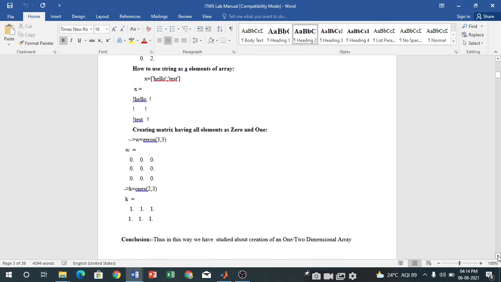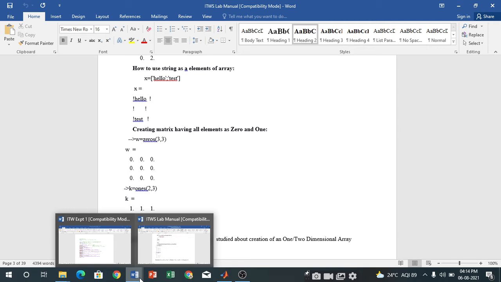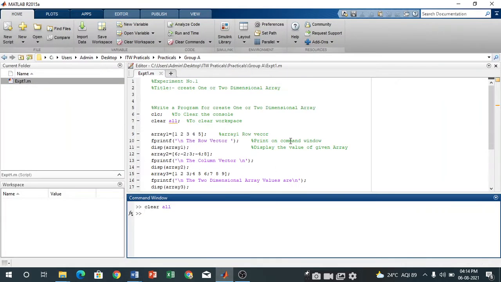Okay, so this is the theoretical part, with the help of which we discussed the concept of MATLAB. Now we are going to discuss the actual coding which is to be written down on the MATLAB console. Okay, so this is your first experiment.